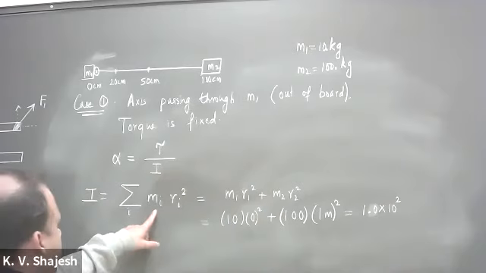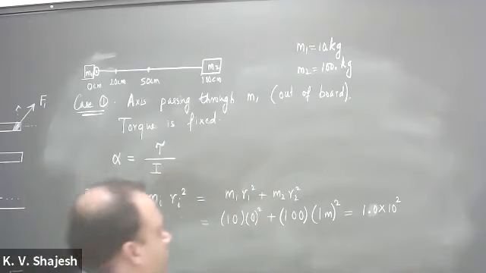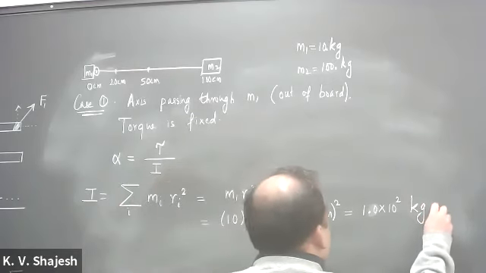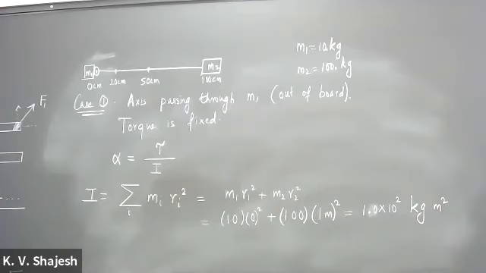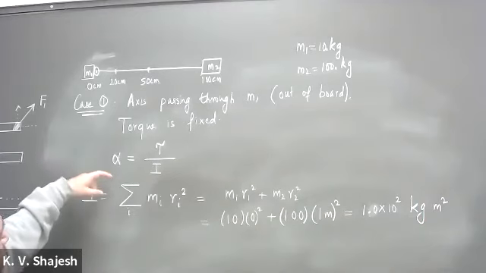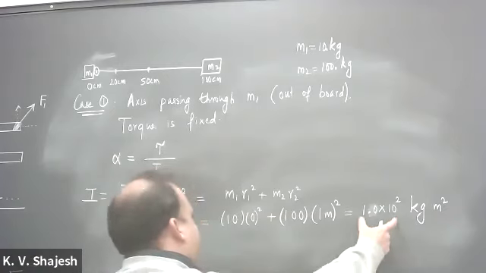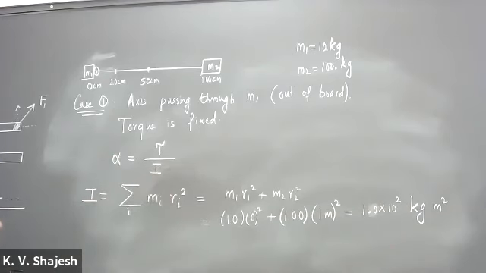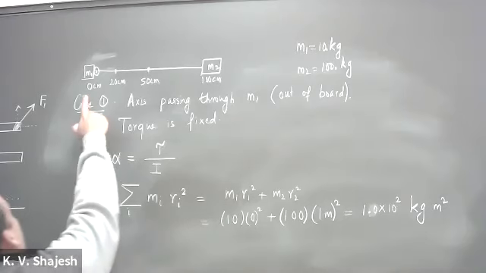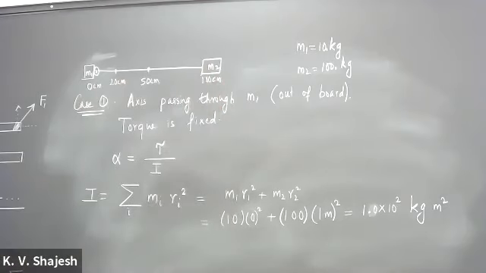And what are the units of moment of inertia? Kg meter squared. And what's the interpretation? That's the amount of resistance the system will provide to any motion that is going to be caused by a torque. But that doesn't help much, because this is a number we randomly gave. So we need to have a relative moment of inertia. So let's do this about the other axis. Let's keep the axis on the other extreme end and see what the moment of inertia actually is.